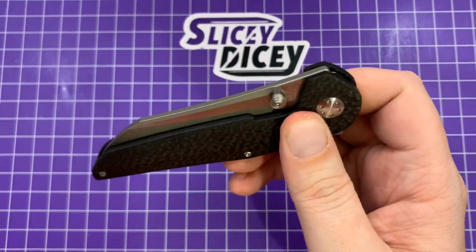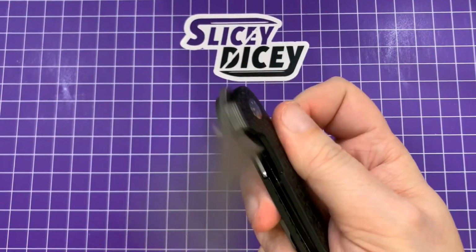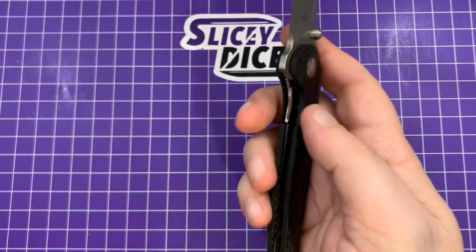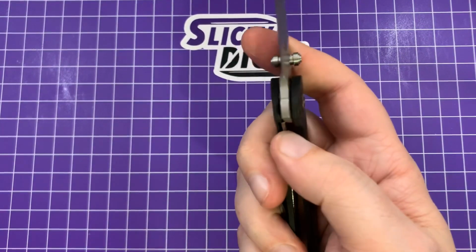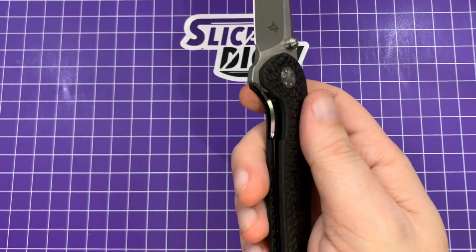Very drop shutty. I have not taken this apart. I think I did blow it out once with some compressed air, but that was it. And excellent access to the lock bar. No complaints there. And again, to kind of go back to the ergonomics for a minute, there's no jimping on